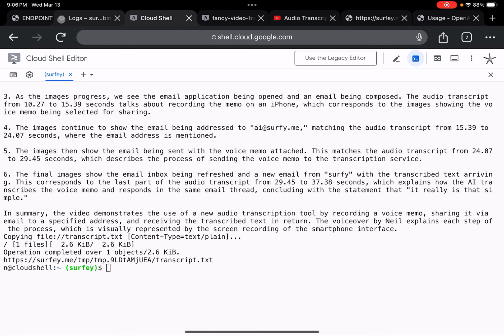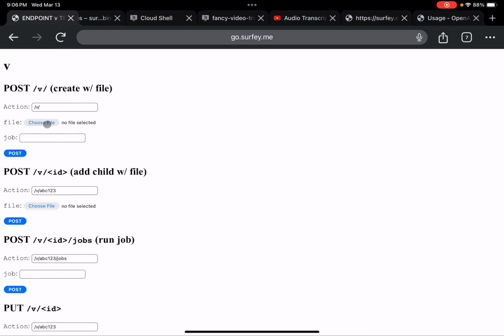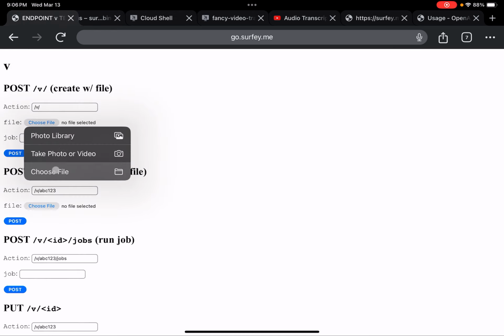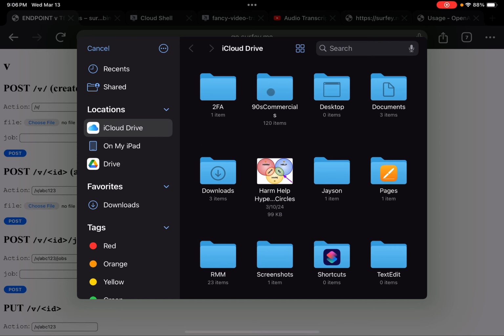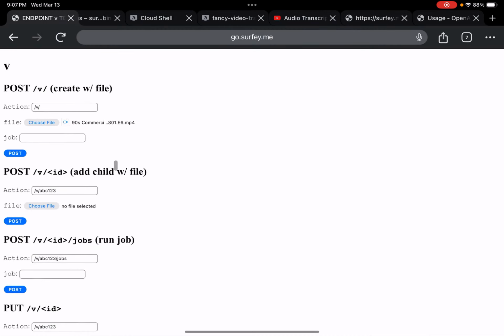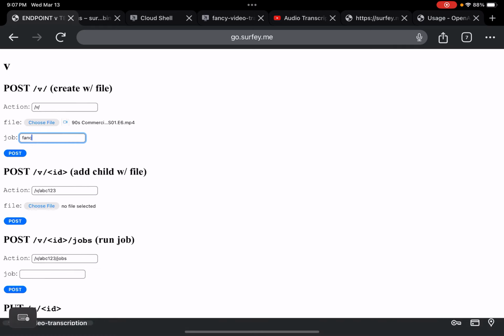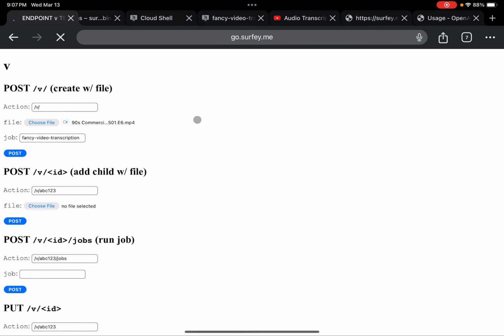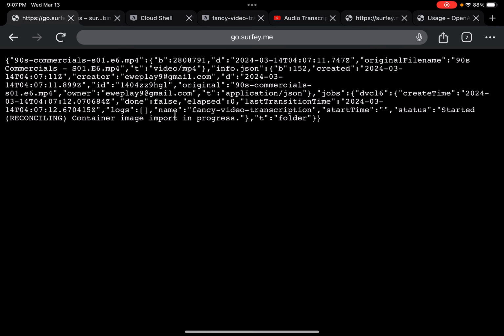Great. Now when we're on production, we can go ahead and pick a file like we normally would. Let's just pick a different one. How about this one? I guess it's one click, not two. And then in job, we'll say Fancy Video Transcription. And we did this with transcribe, so there's no difference here. And so what this will do is it'll create a job. So if you look under the jobs map,